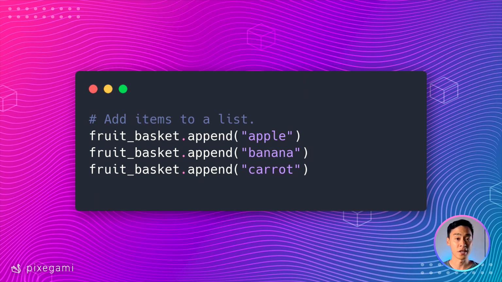And once you have your list, you can add items to it one by one by using this built-in append method. So you type the name of your list, then .append, and then you open the parentheses and type in the item that you want to add. So here I can type in a variable, or I can type in a value directly, like a string, as in this example. So now if I've added 3 items to the list, how can I check how big my list is? How do I know how many items are currently inside the list?